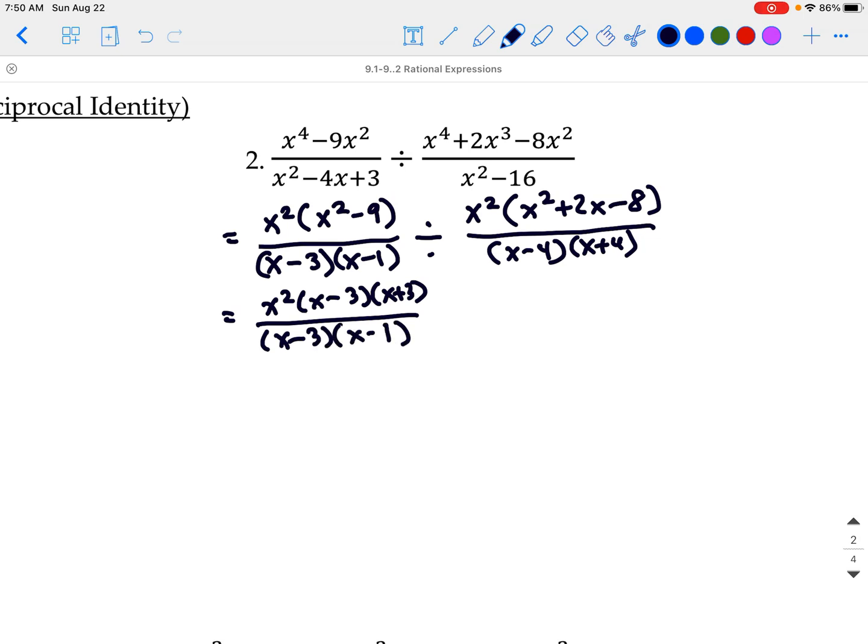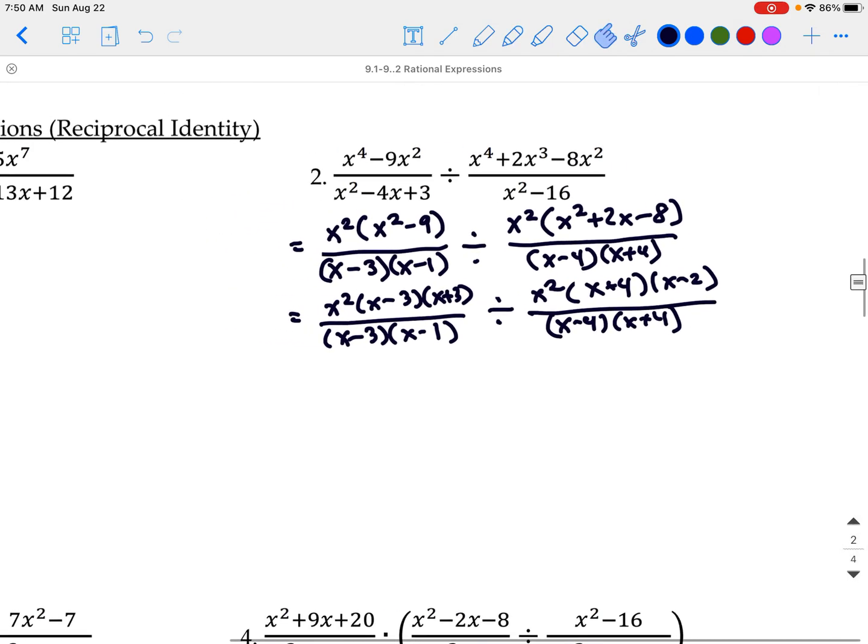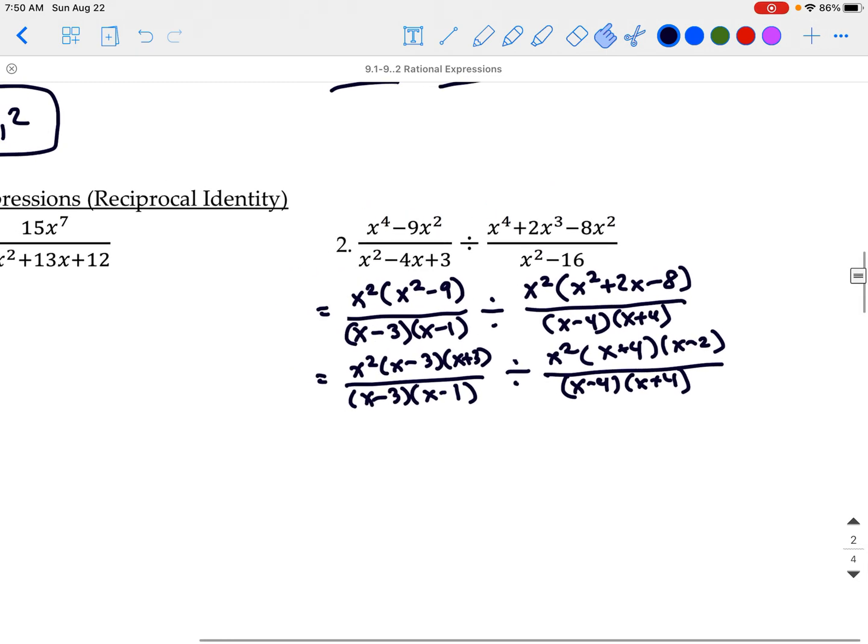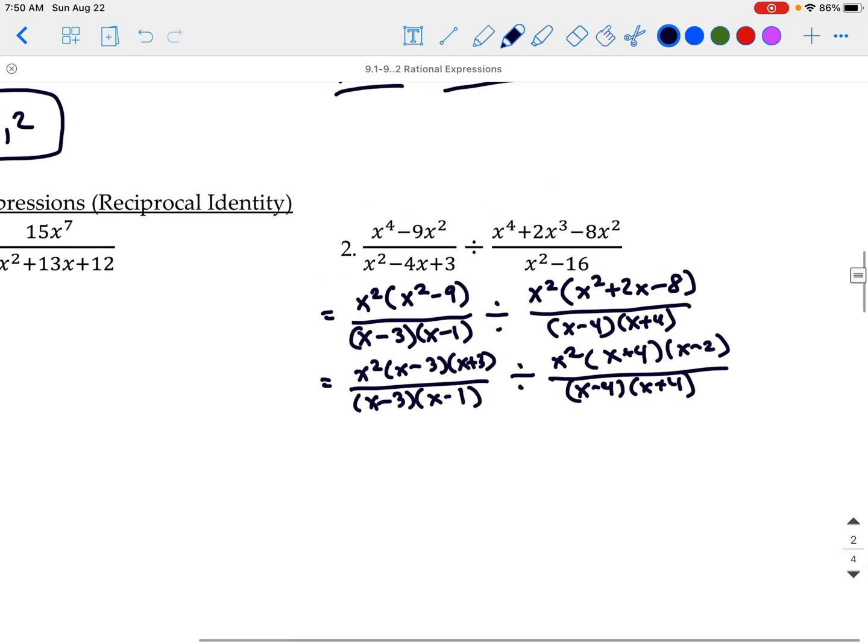So we can factor the difference of squares there. We're still going to leave it as division. We're going to have x squared, x plus 4, x minus 2, and then x minus 4 times x plus 4. All right, so at this point, now we're going to write our undefined terms, and we're going to have to be a little bit extra careful here. So note, we are definitely going to look at the denominators. So if I look at my given denominators,